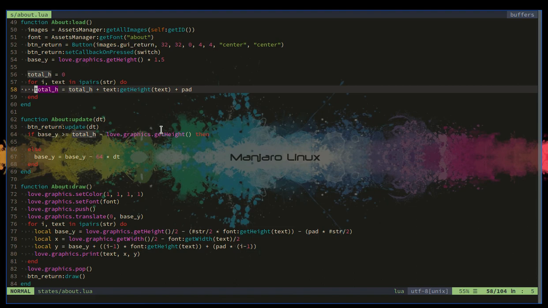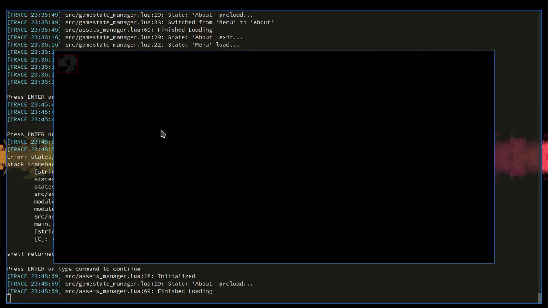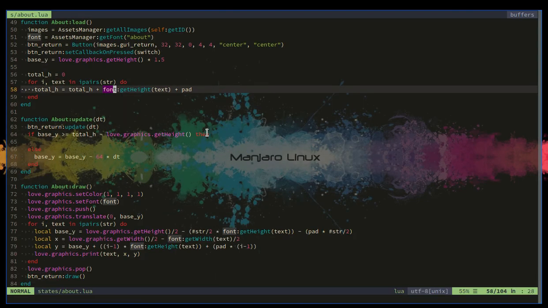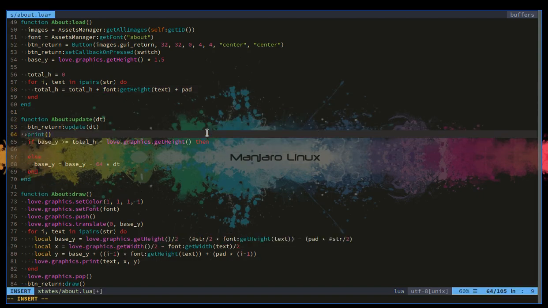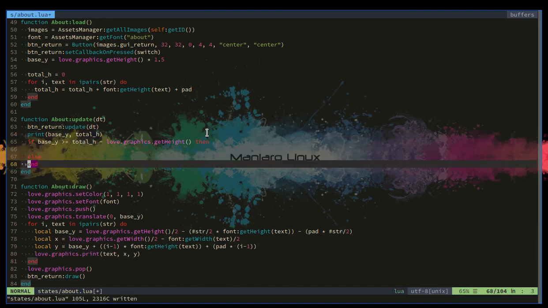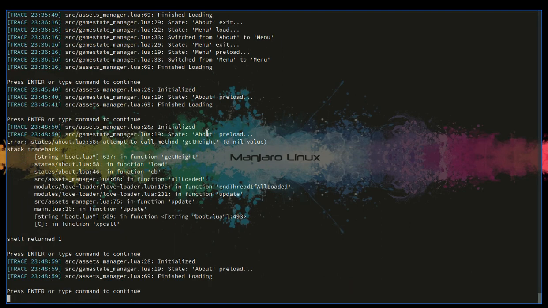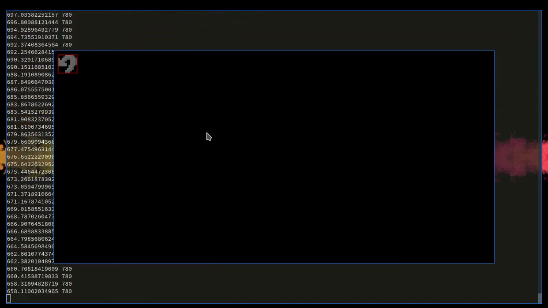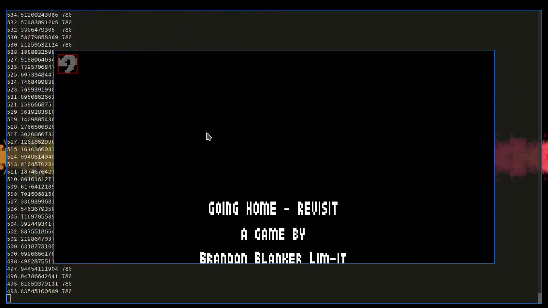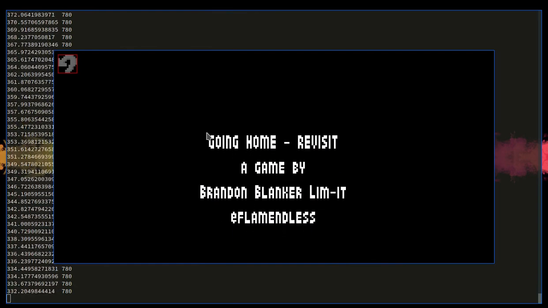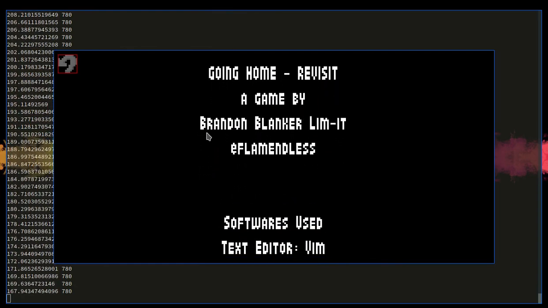Now where's that error? It should be font get height. And it's not moving. You know what, let's print first. Okay, so total height. It's 780. So what we want to do is stop at